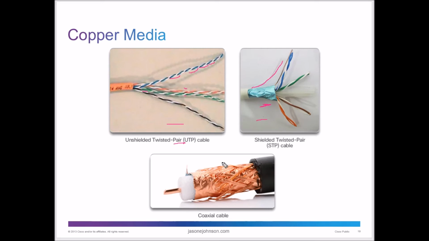It's less expensive than coax cable. And with coax cable, you can see that there's a lot more involved to it. You have your inner core copper wire, your plastic coating, your shielding, and then you have your mesh here. If you notice, these copper wires are meshed. That acts as your Faraday cage, or your shielding. Again, it's part of the shielding to keep interference from coming in. And then you have your outer plastic cover, which also protects the cable.